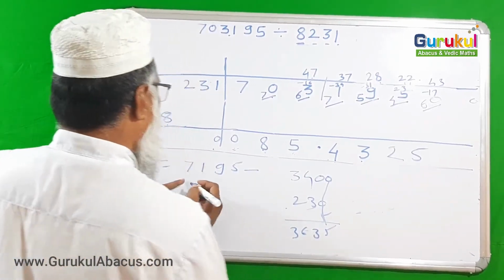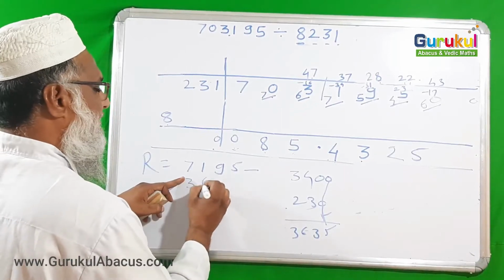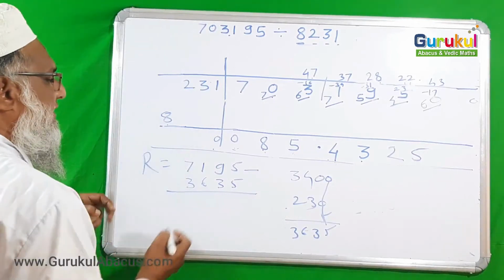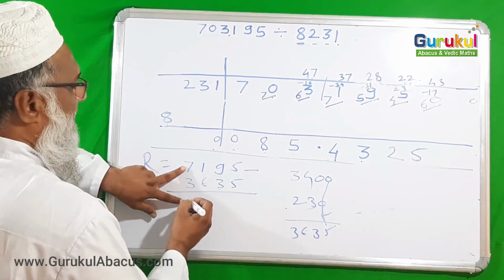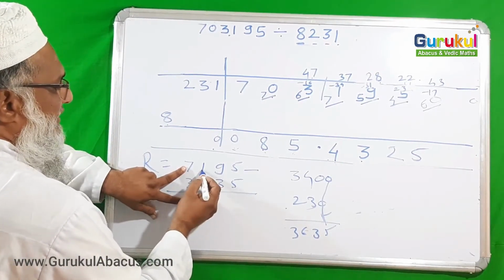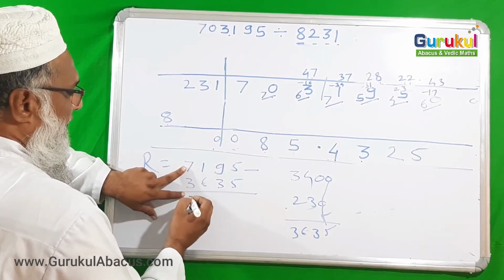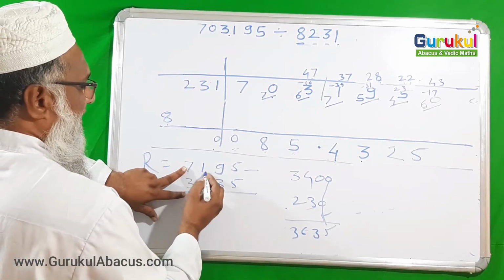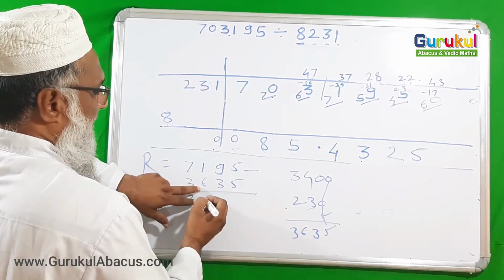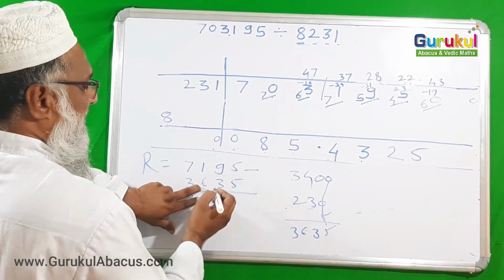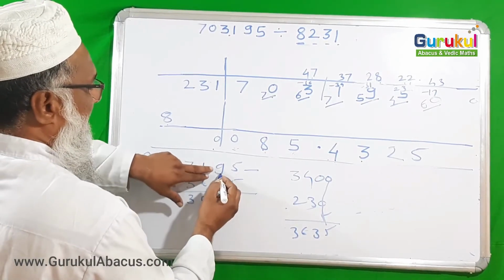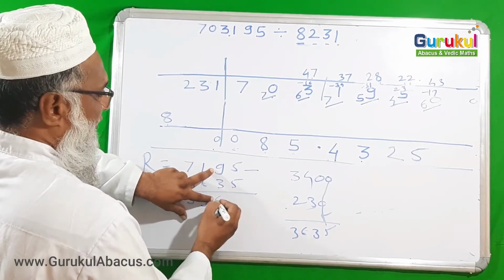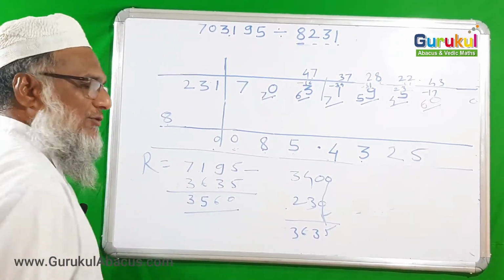then use our subtracting method also. So 3 6 3 5 is there. We are subtracting from the right side. That 7 minus 3, 4 I want to do, but just suppose that 1 is smaller than it. So apart from 4, I am taking 3 here, less 1 by 1. So here now 11 minus 6. Directly I want to take 5 because 9 is bigger than 3. So I am taking 5. 9 minus 3, 6 also I want to take because this is also possible. So 6 and 0. This is my remainder of this example.